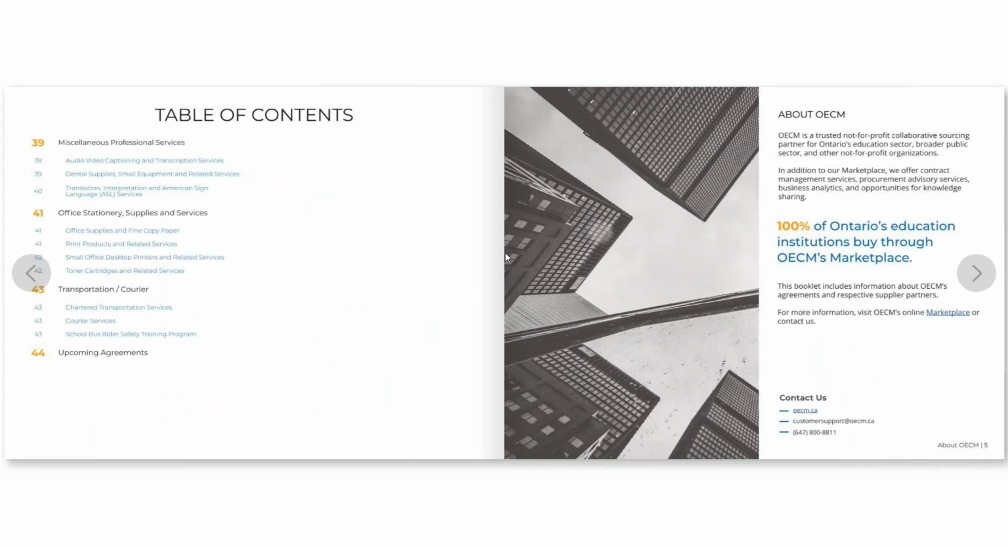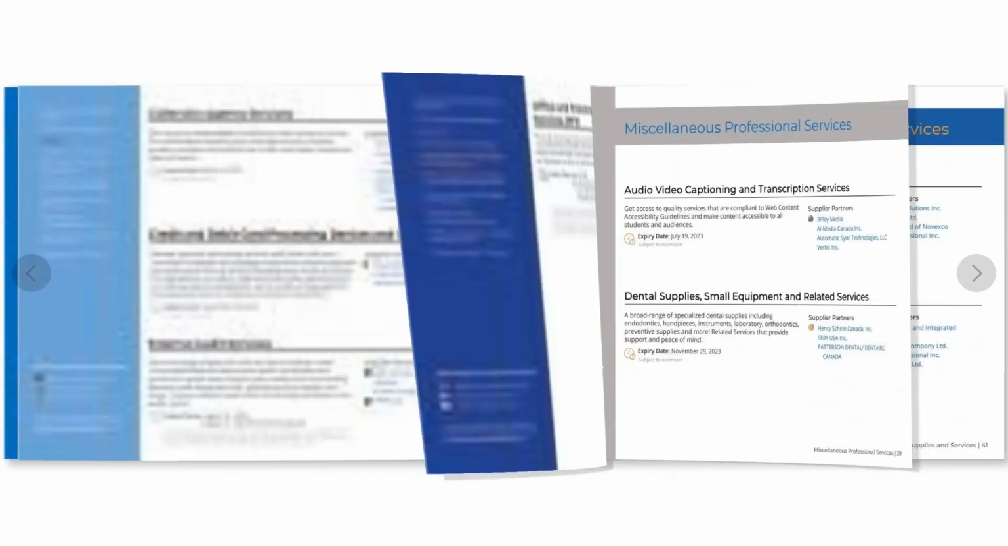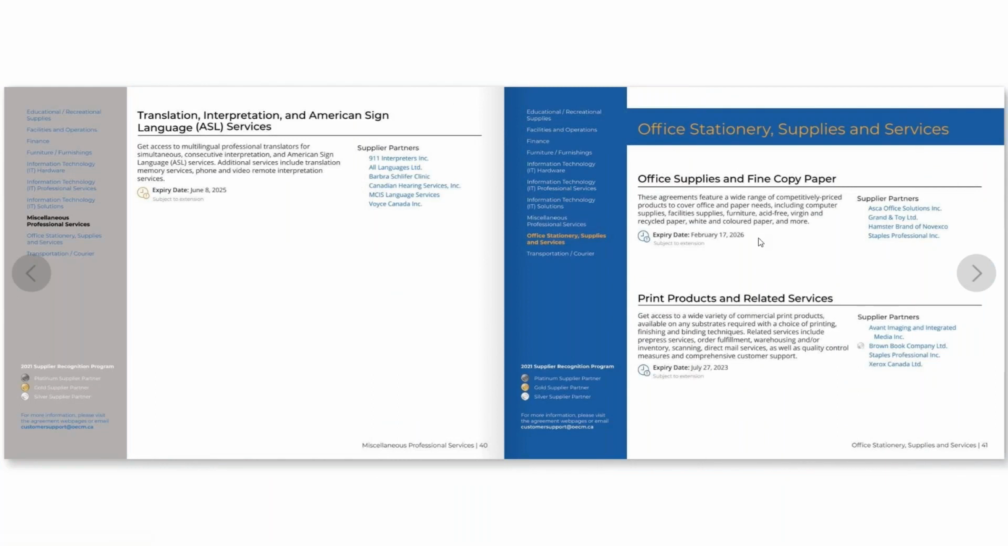And for example, let's just say you're interested in procuring some office supplies. So what you'll do is click on office supplies and find copy paper. And if you do so, you'll be redirected to the agreement page here. So what we show on the Marketplace Guide is the title of the agreement, a brief overview of the agreement, the expiry date, if there's any extension options remaining, and the supplier partners that are available for you to work with. So you can click the agreement name here and it will redirect you to the agreement landing page on